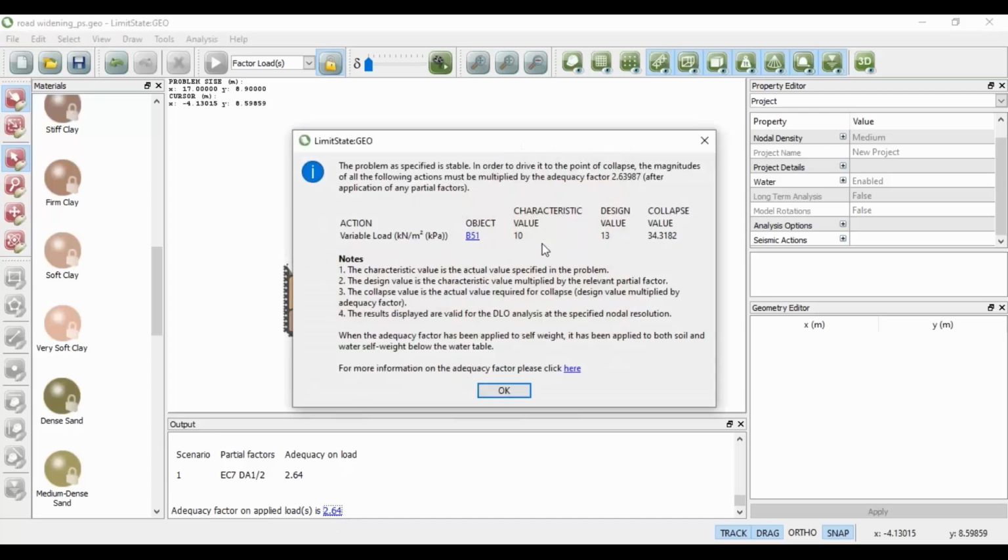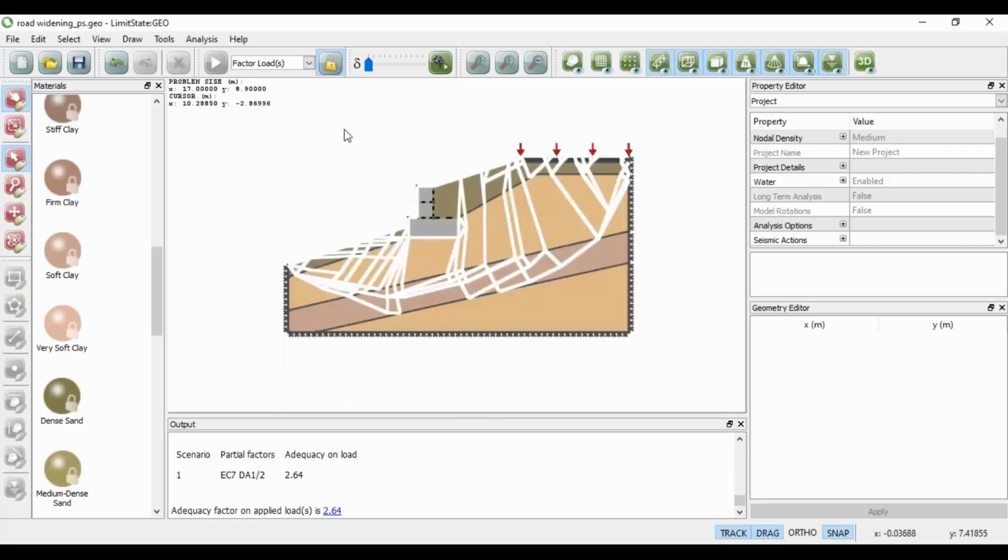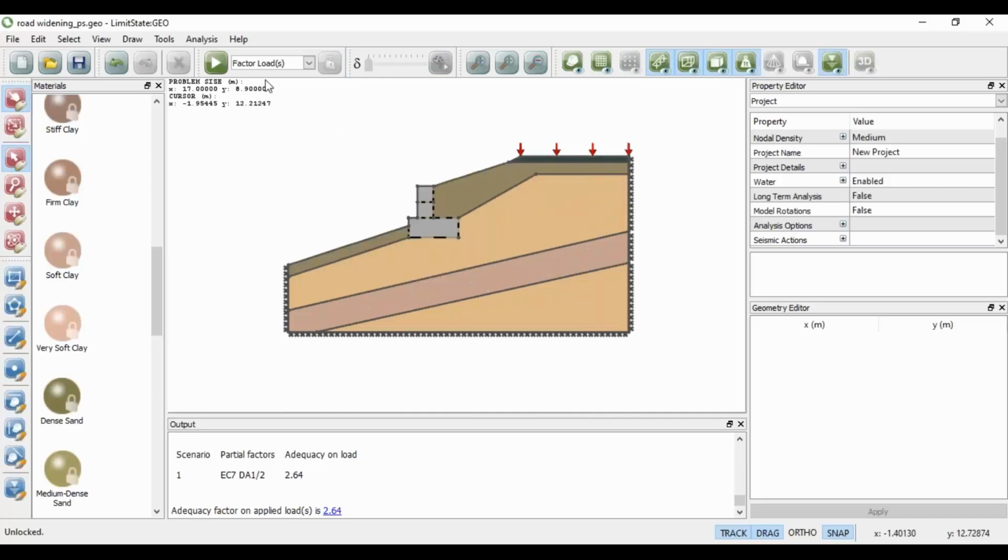So if I click on that, it's saying, well, we started with a value of 10. Eurocode partial factors would make that variable unfavorable load 13. But actually, to get failure, you're going to have to multiply that by an additional 2.6. So you require a load of 34 to cause that system to fail. And what you often find is the margin of safety on the factor you get on a factor and load calculation is typically higher than that on a strength calculation, because